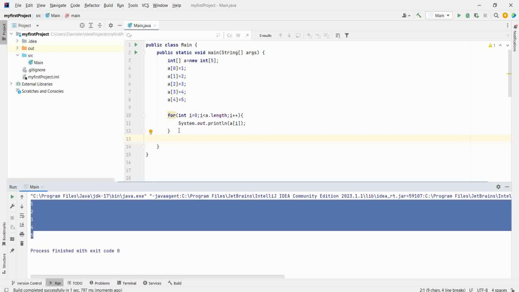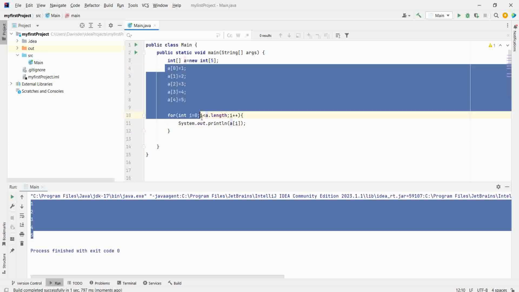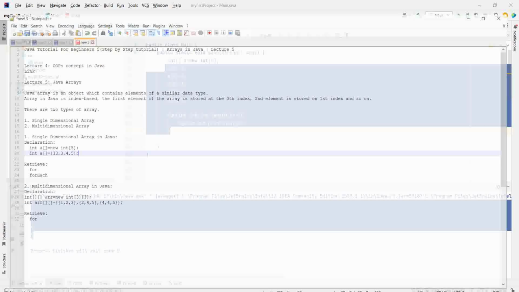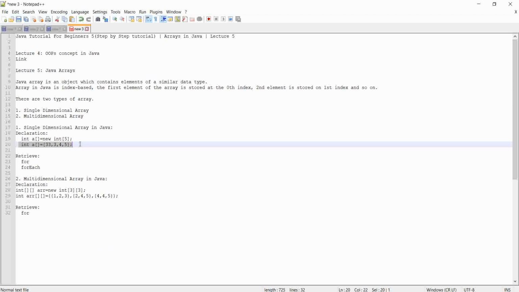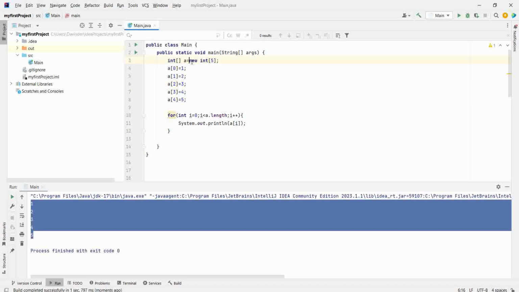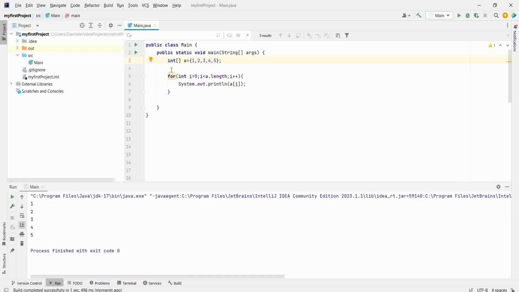This is a one-dimensional array, and it can also be declared in this way as well. Instead of giving the size, I can directly give the values, which are 1, 2, 3, 4, 5. I will run it, the output will be the same.